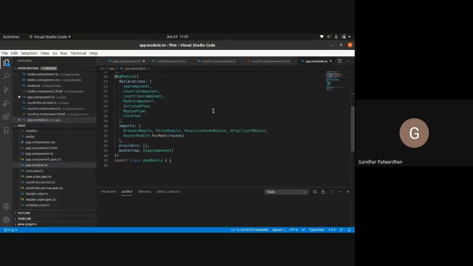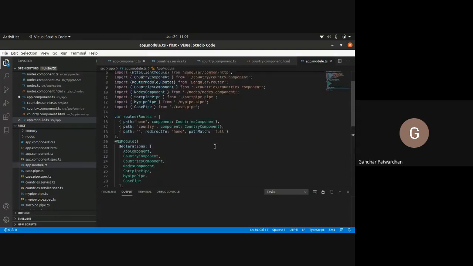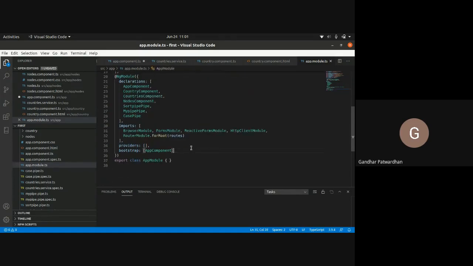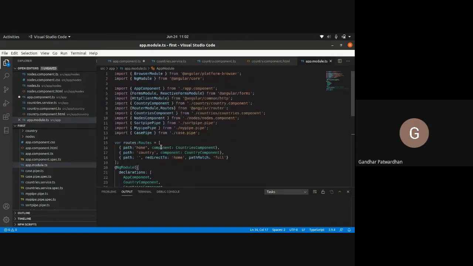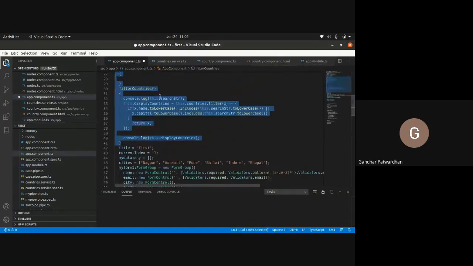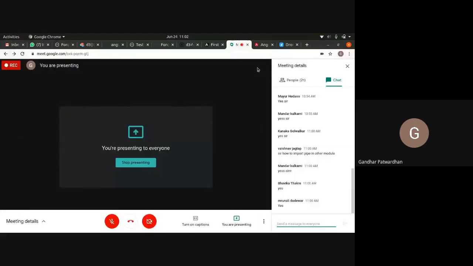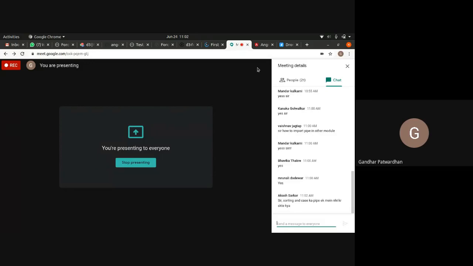Okay, if it still doesn't work, you need to add it to the providers. Currently I am not having any module, so you can add it in the providers, or you can add it in the exports array if you wish to export that pipe. That means if a pipe is created in one module and you want to use it in another module, you should add it in your exports array. Put it in there so that you will be able to use that. Generally avoid doing that, but overall that is the way. Keep pipes separate, because they are shared things.